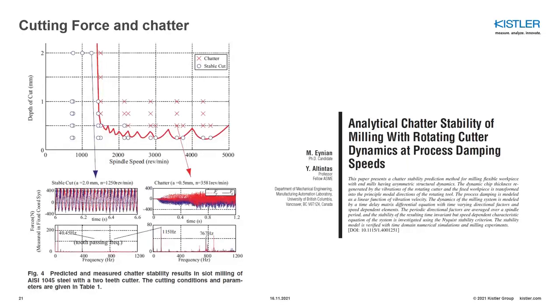Let's look at this example. It is from Mehdi Aynian and Professor Yusuf Altintas, where they work with chatter stability in milling. Some of you are familiar with such plots. They are called stability lobes, where you have the force, which is often represented with depth of cut or feeds. And then you have the frequency domain, where you have spindle speeds, rotational speeds, and so on. So you have some stability lobes, meaning that below this red curve, you have a stable process, but over that curve,